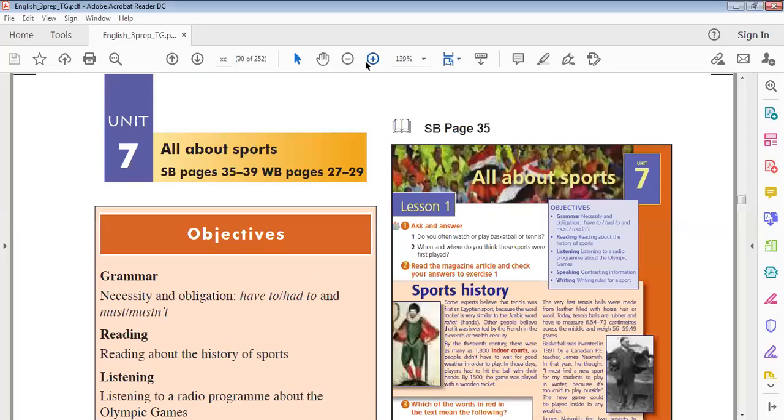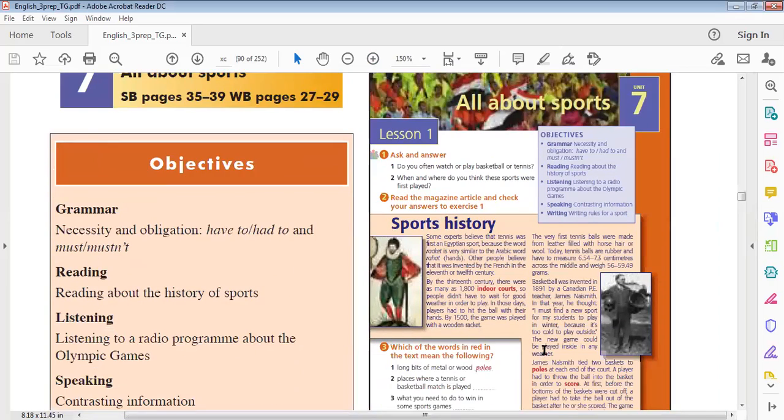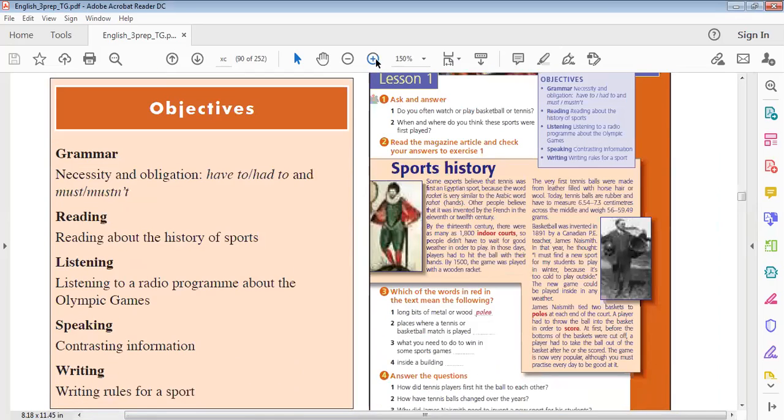All About Sports. It's on page 35. Page 35. We have here some words